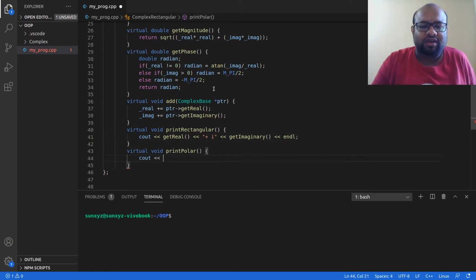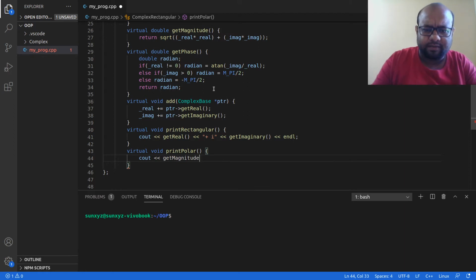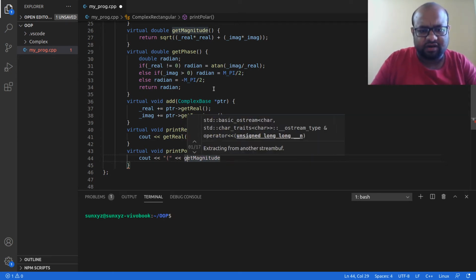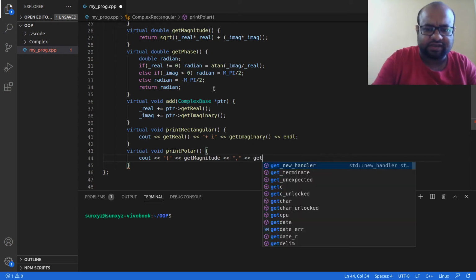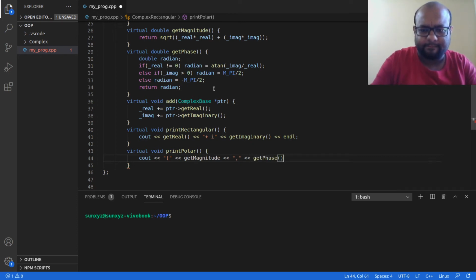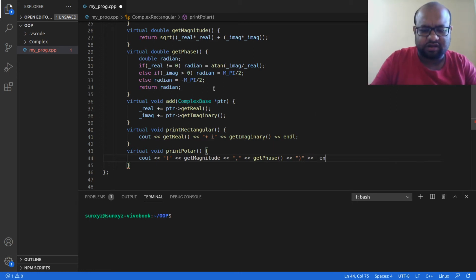So if I write it this way, get magnitude, I'm going to have inside a bracket magnitude, then a comma, and then this angle get phase. I have to close the bracket and then this end line.